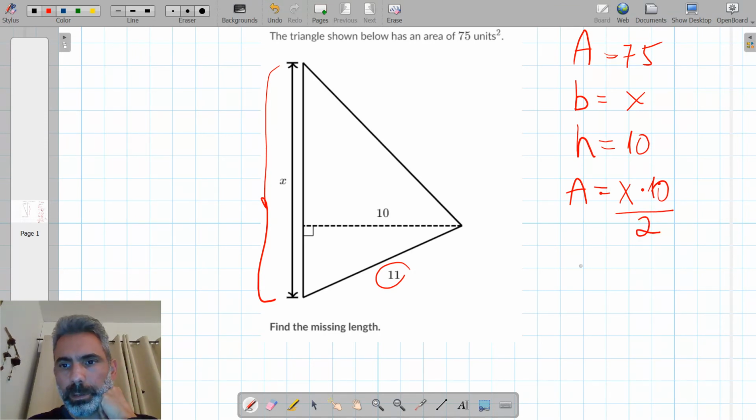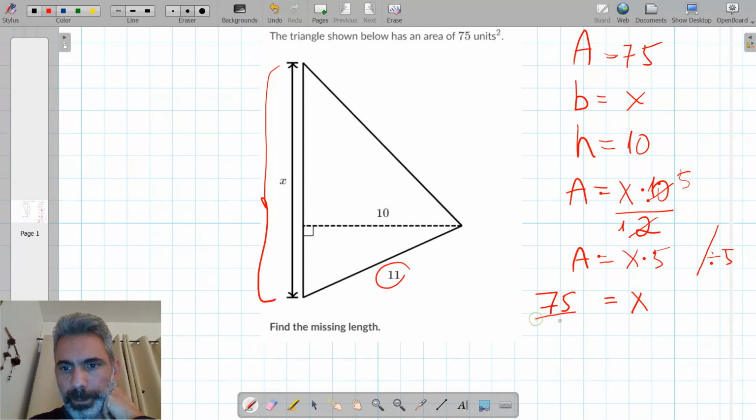So I can simplify this. 2 divided by 2 is 1, 10 divided by 2 is 5. So the area is x times 5. So to isolate the x, I divide both sides of the equation by 5. On the right hand side I am left with x, and the area is 75. 75 divided by 5